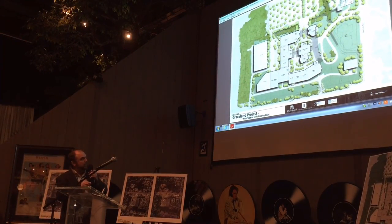Around all of that will be a whole new set of experiences. We're expanding the restaurant and food and beverage opportunities. The retail will be along the way, all around, scattered along the path. And then we've got three kind of corner magnets, one being an expanded car museum that you're sitting in today. It'll be larger, better, of course. And then we're having a new Elvis exhibit experience that can be developed